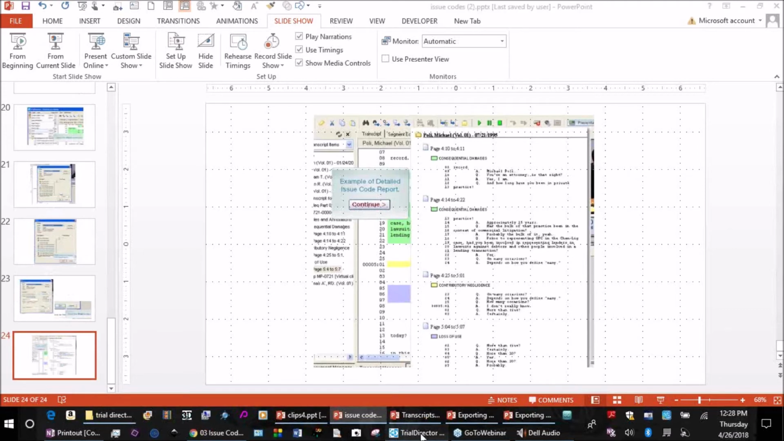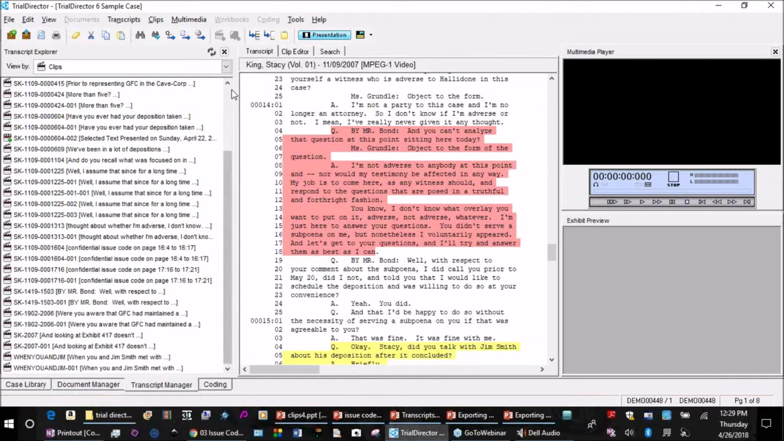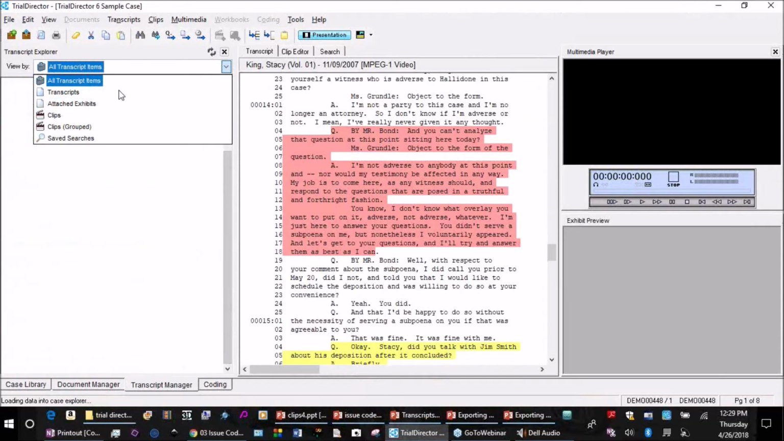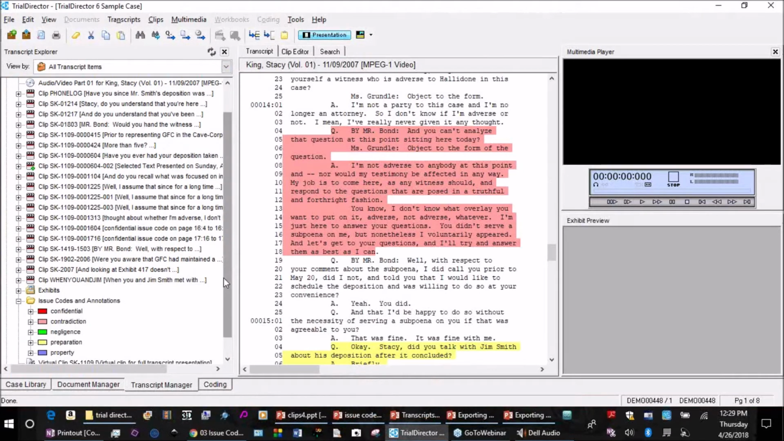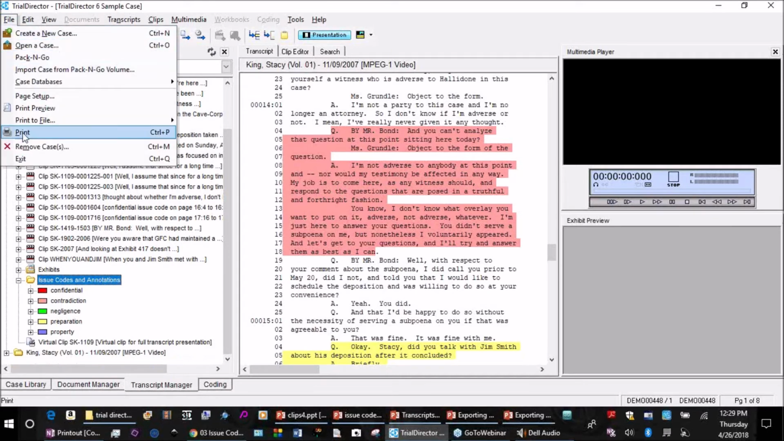Okay, so now what I wanted to show you, I'm going to go back into TrialDirector, and I'm going to come down in here and go back to all the transcripts here in our codes. And we can see down here we have issue codes and annotations. And we click here, and we can see we have a number of items that have been coded previously in this area. And so when you wanted to go up here to File and Print,